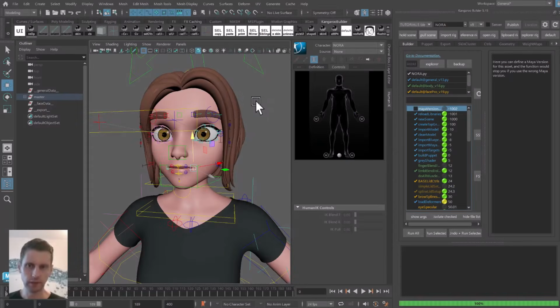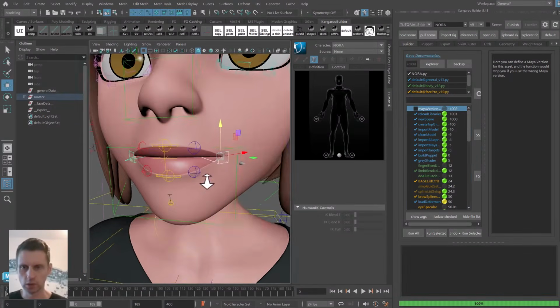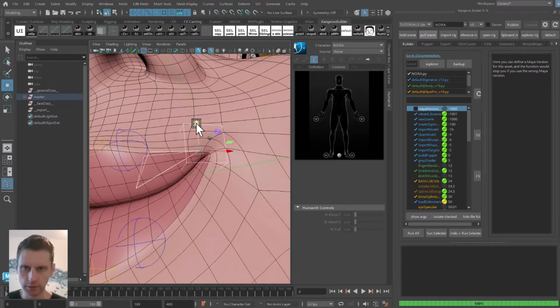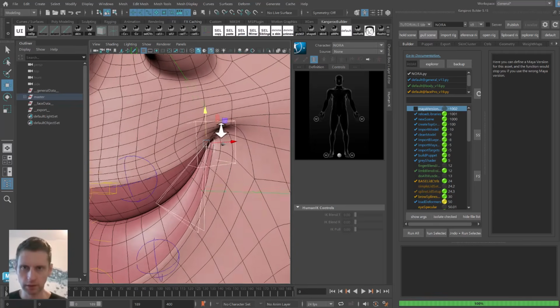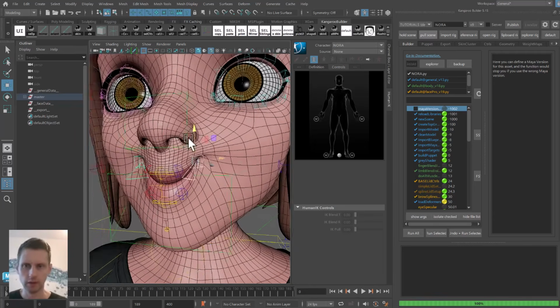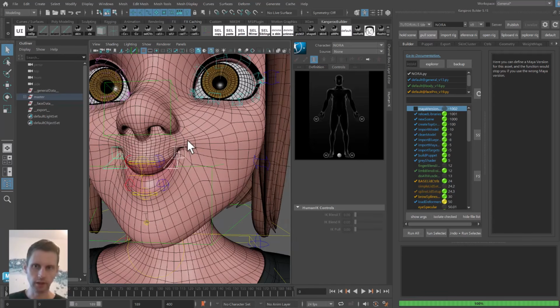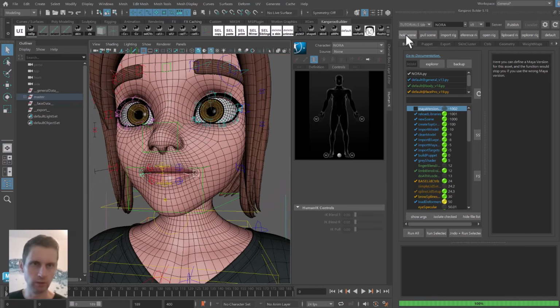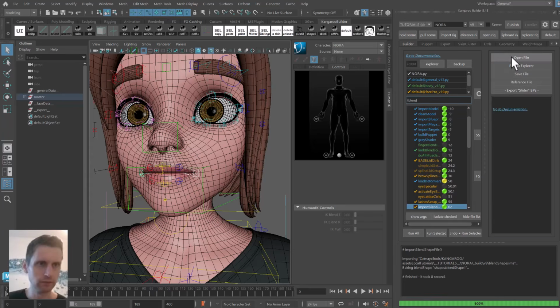Now let's see how we can fix a few shapes using correctives. So in this example, let's fix when the lips go in and then up. Then you can see there's a little bit of shading that comes up. Now we want to fix that. So the way I do that is I have to open the blendShape file and put that rig into the blendShape file. So in order to put that in there, let's hold the scene so we can then reference it into the blendShape file. Now let's open the blendShape file,